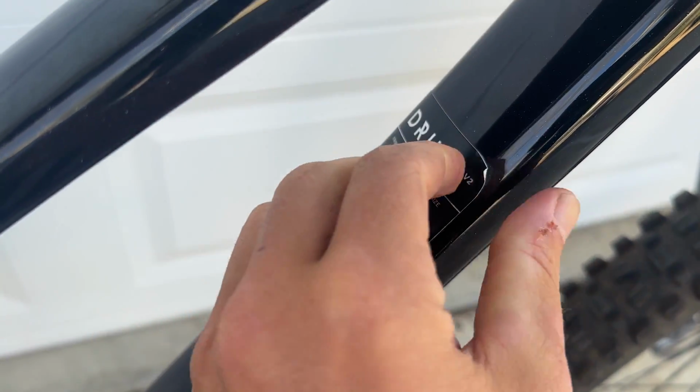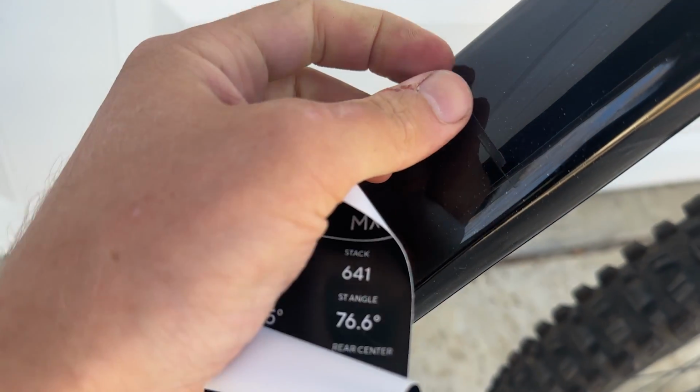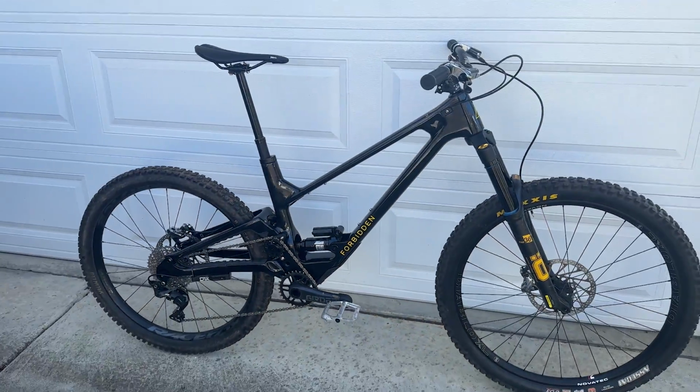Peel this sticker off. Show you the geo. Boom. Oh, f it up. God damn it. All right, we'll sort that out. Put a bottle cage on, but